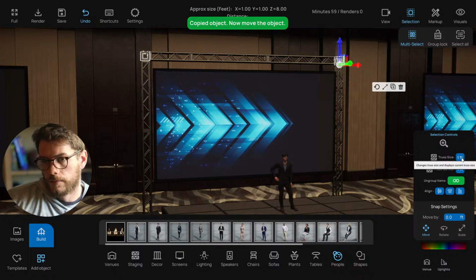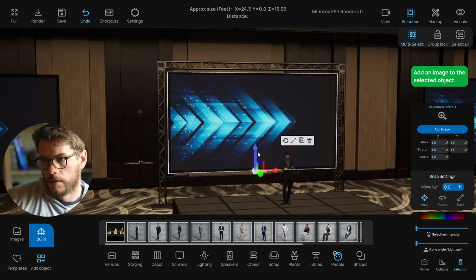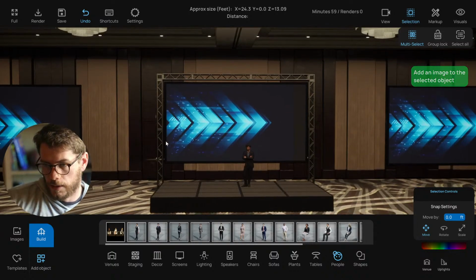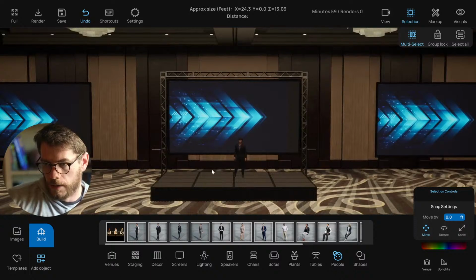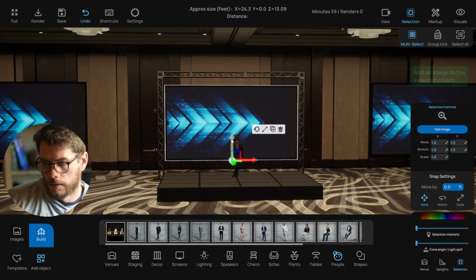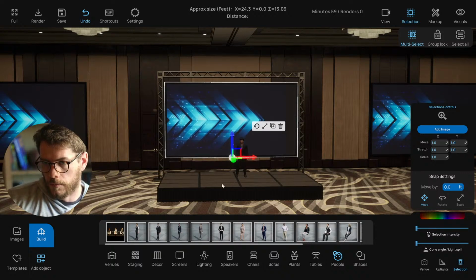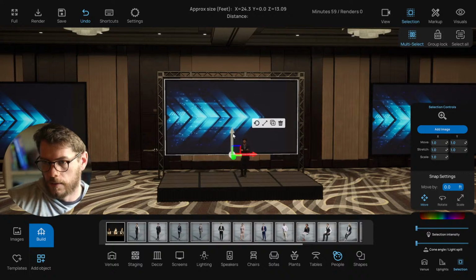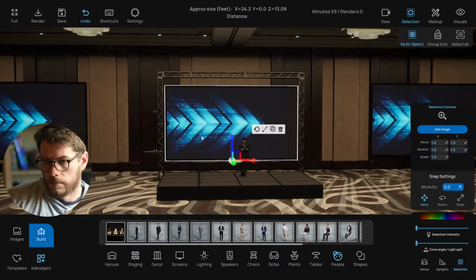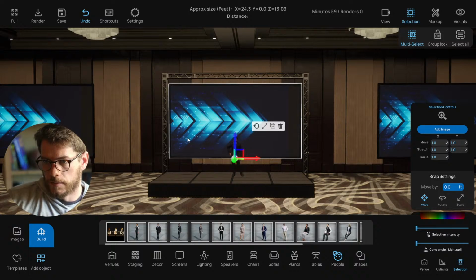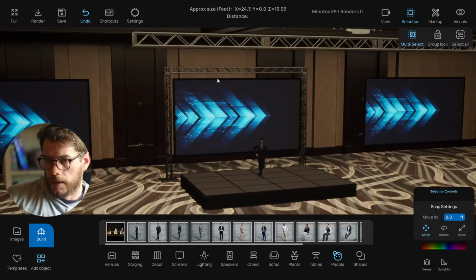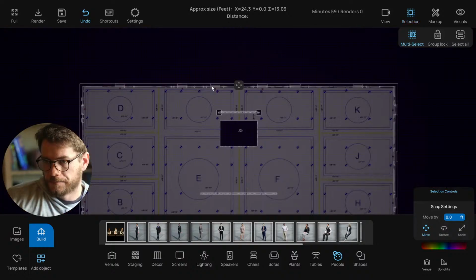I'll adjust these to 1 foot. All right, we'll say something like this for now. We could either hang the screen a little lower, or move the stage higher too, so that we're not cutting off half his body. But you also don't want these side screens to be too low either, so maybe something like that would be fine. All right, so anyways, these truss then will be covered with some